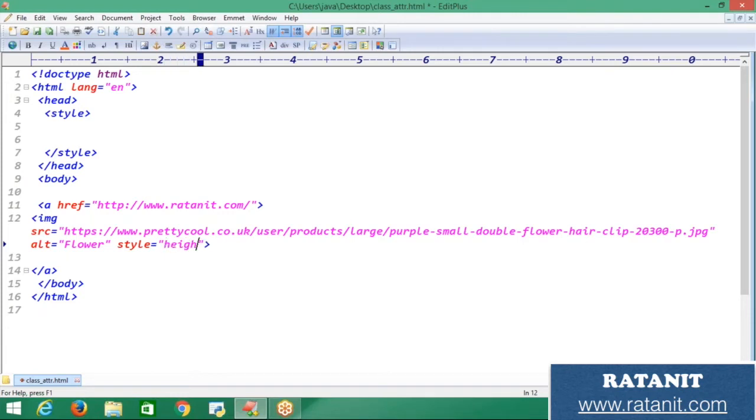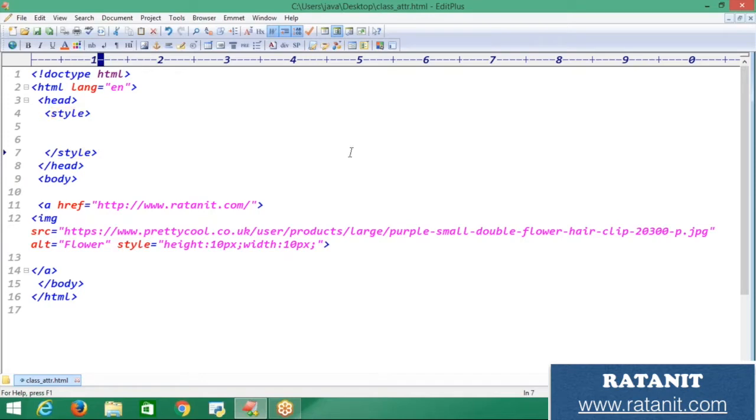So here my height, I already said that we also write it in pixels, right? And width also I am adding over here, some 10 pixels. Okay, and it needs to end with a semicolon. Here now I replaced the height and width attributes with a style attribute. The same thing I gave but in pixels, and it is in the style attribute.